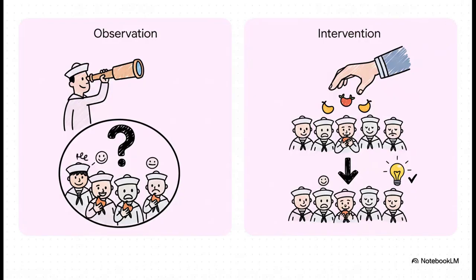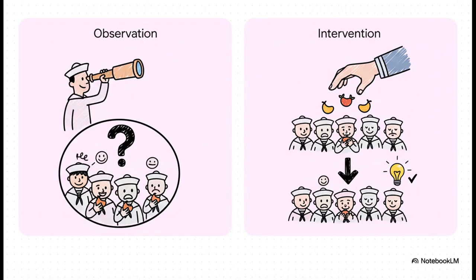And this right here shows the huge mental shift we're talking about. On one side, you've got just observing the world. It's passive. It's like seeing that sailors who eat fruits seem to be healthier, but you don't really know why. But on the other side, you have intervention. This is when you step in and act. You make the sailors eat fruit to see the true effect. This is the difference between an AI that asks, what patterns have I seen, and one that asks, what will happen if I do this?